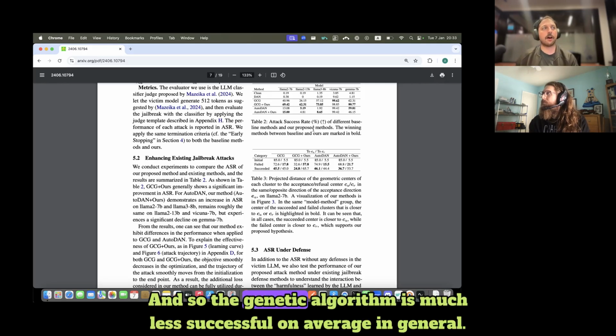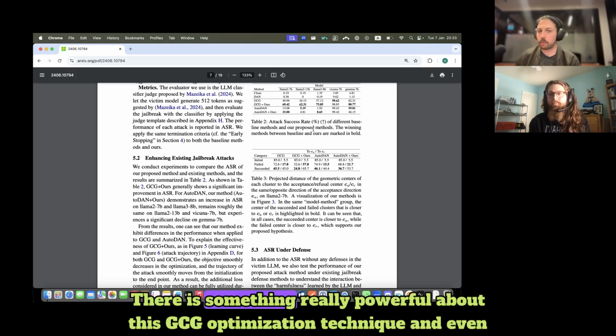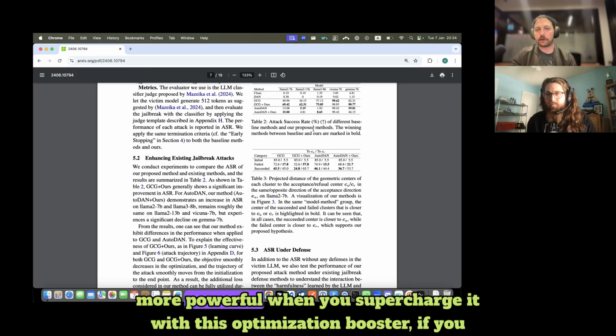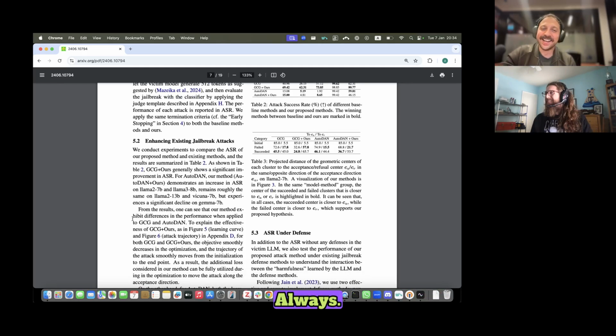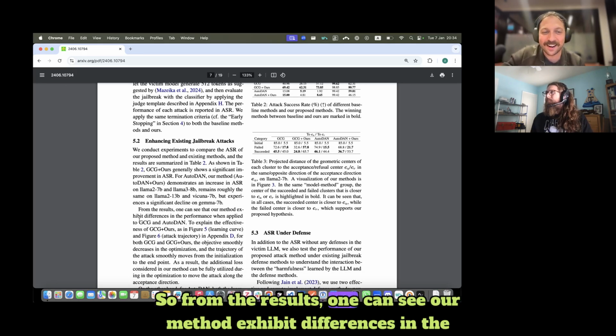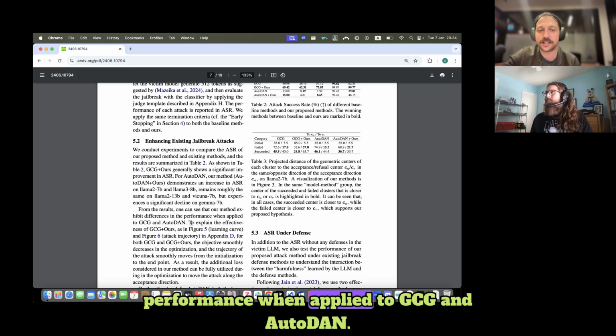And so the genetic algorithm is much less successful on average in general. And so there is something really powerful about this GCG optimization technique, and even more powerful when you supercharge it with this optimization booster, if you will. Picture takeaway, calculus still rules. Always. So from the results, one can see our method exhibits differences in the performance when applied to GCG and